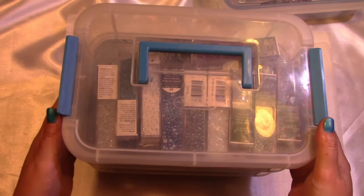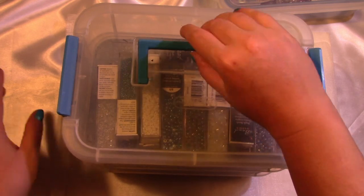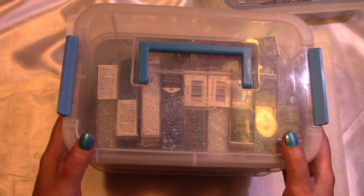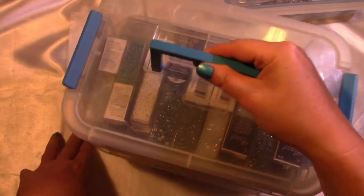I really love this. You can grab it, say you're going on vacation and want to take stuff, you can just load them up in this and take it like that, and you'll be good to go with everything real handy. And it's clear, see-through. I really do like that. Okay, now the next one we're going to do is